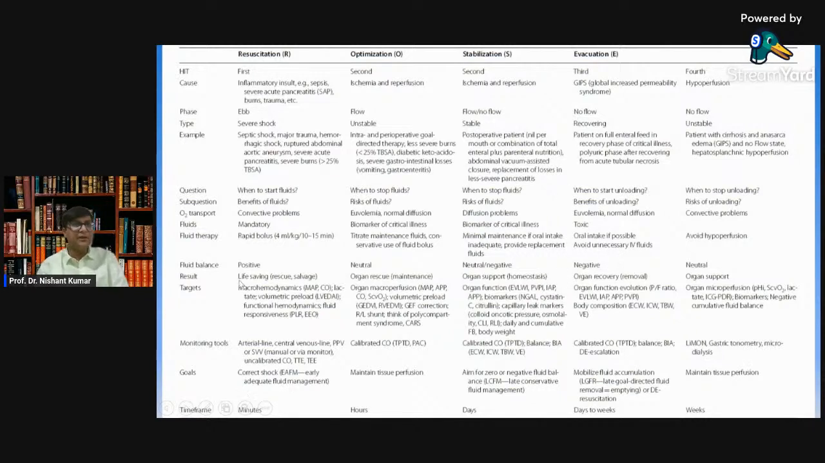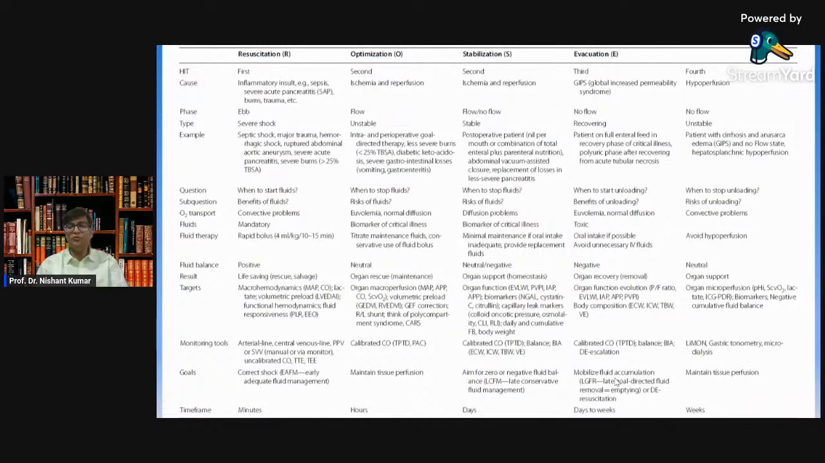So goals in the resuscitation phase are to correct the shock. During the optimization phase, it is to maintain tissue perfusion. During stabilization, aim for zero or negative fluid balance. That is the late conservative fluid management. And during the evacuation phase, you have the late goal directed fluid removal, that is emptying or de-resuscitation, and you mobilize the fluid accumulation to